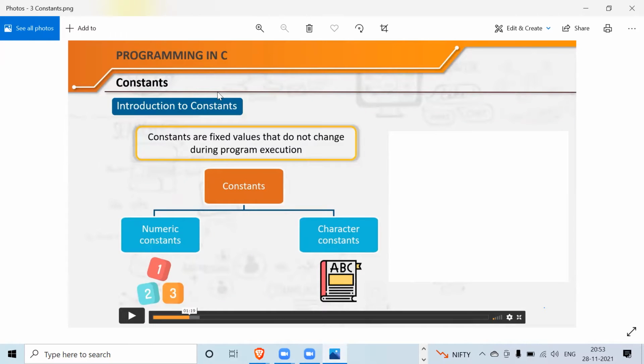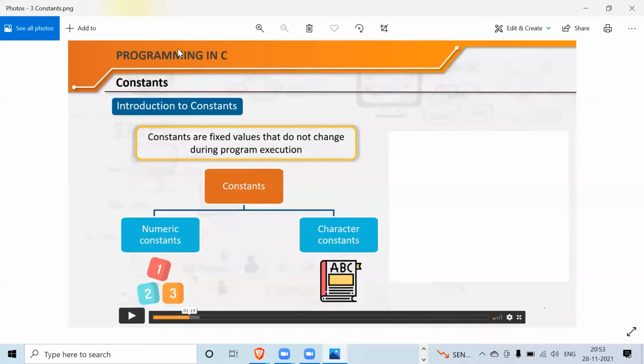Basically, you declare a variable in C or in any language. Let's say you declare a variable integer a. Now, integer a, you can change its value anytime in the program. But if you declare the variable as constant integer a,